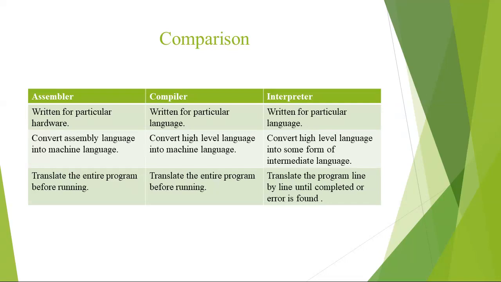Third main difference: an assembler translates the entire program before running. A compiler also translates the entire program before running. So we can say that both assembler and compiler process the whole program and show if there is any error in the program. Debugging is difficult in this case because the user can't understand where the specific error lies in the whole program. While the interpreter gives you an advantage over assembler and compiler, in that it converts the program line by line,